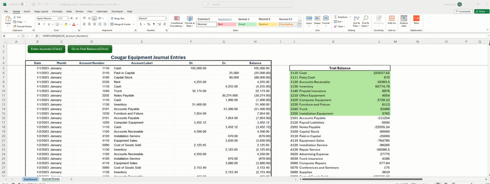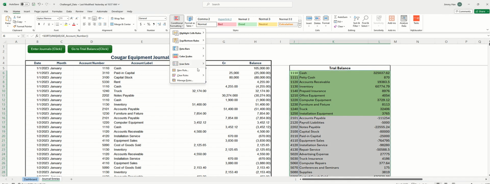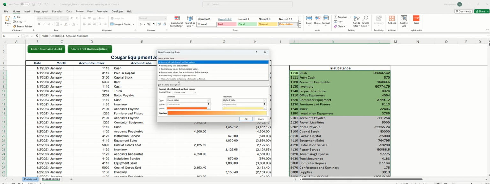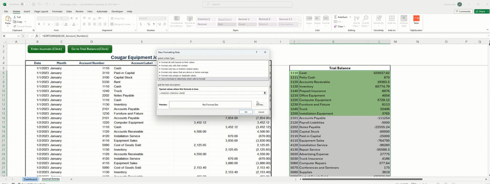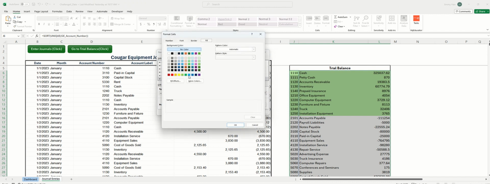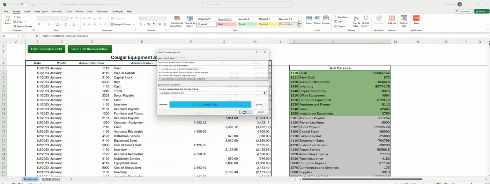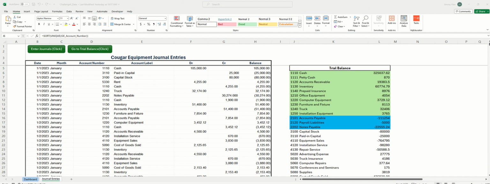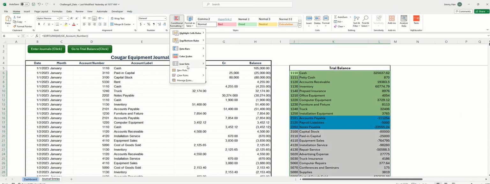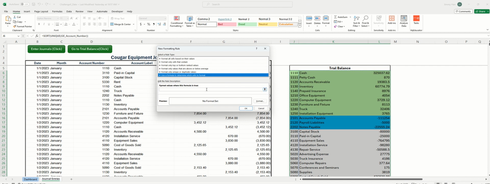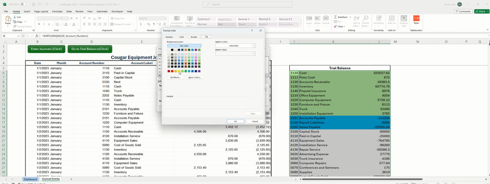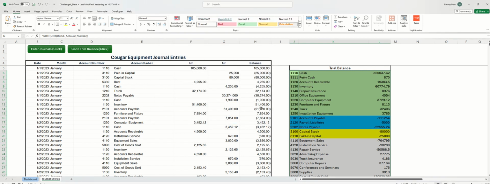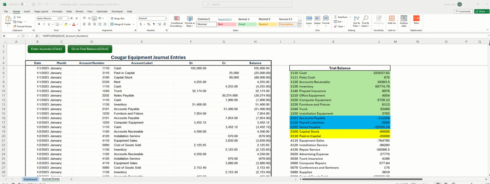The third rule we want is when the account ID is between 2000 and 3000. So new rule, apply the formula, choose the color. And the fourth rule: new rule, formula, choose color. Okay. Finally, the fifth rule,